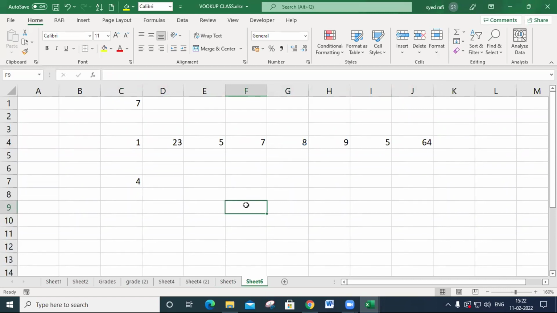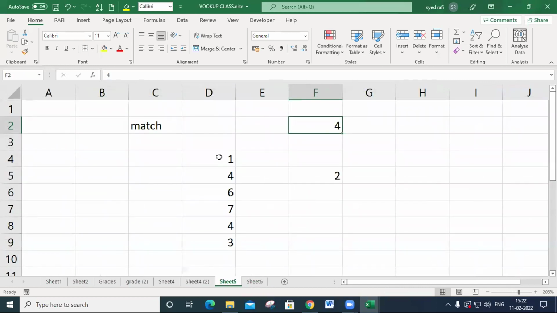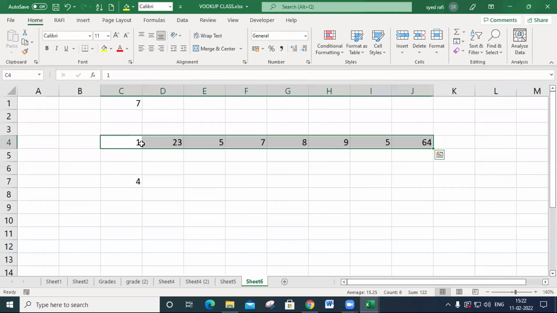It returns a number, either row or column, depending upon the data table direction. If the data table direction is like this, we say row number. If the data range is like this, then we say column number. I hope you can understand.